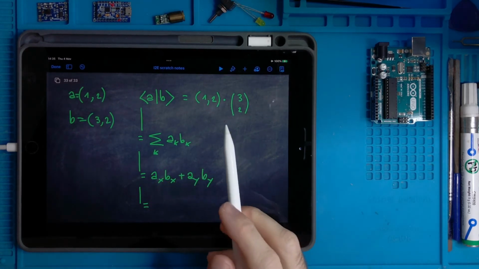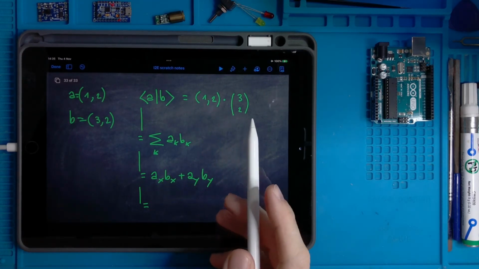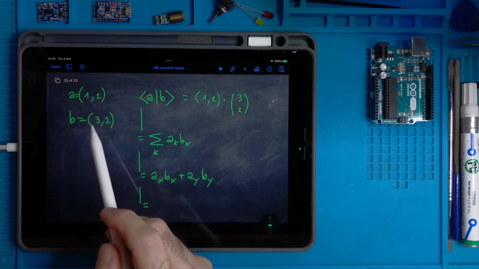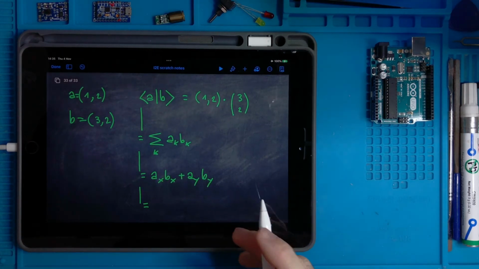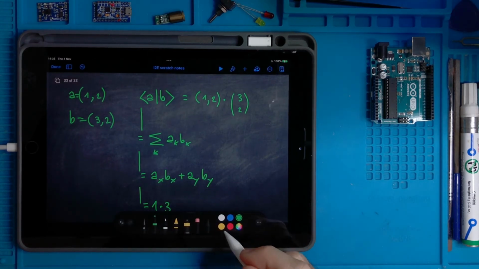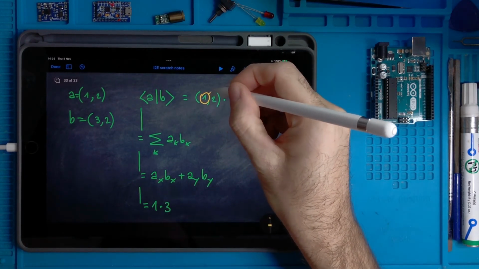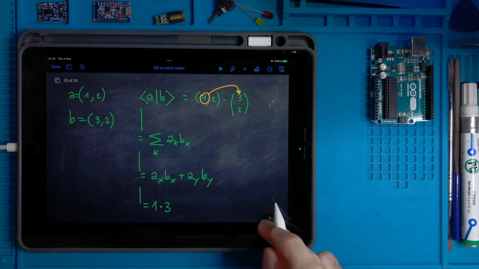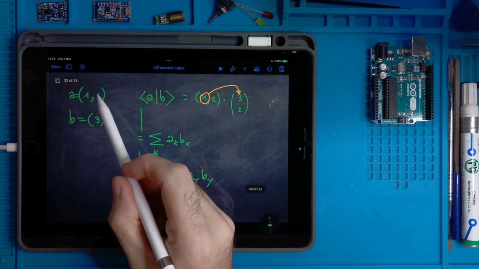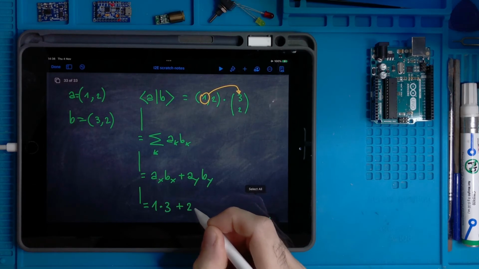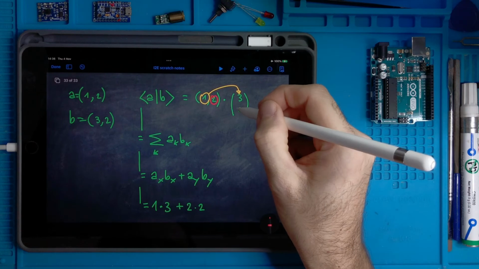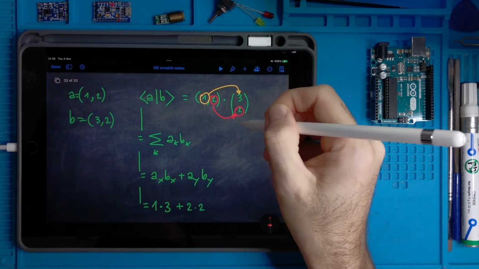And if we substitute for the numbers, then we have 1, which is AX, multiplied by 3, which is BX, 1 by 3, this multiplied this, plus 2 multiplied 2, which is this multiplied this.